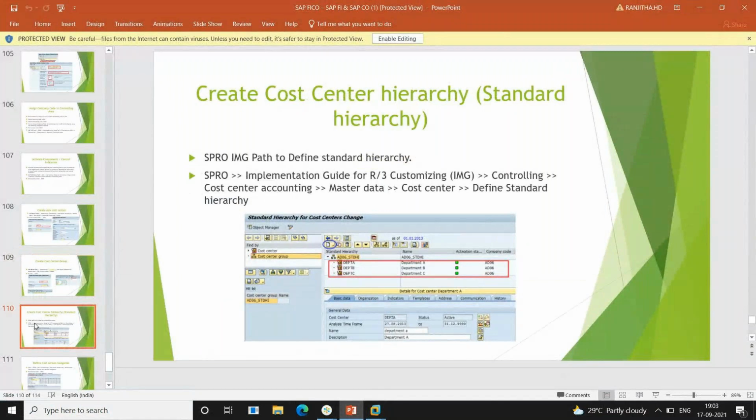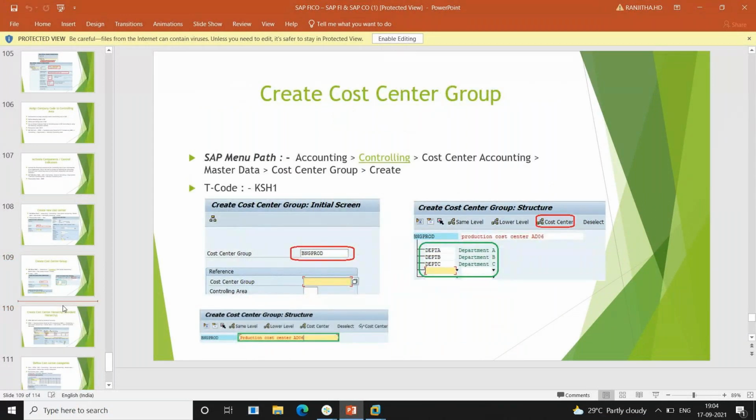Now we have already defined that hierarchical. So that hierarchical, whatever departments will be there, we need to specify under the cost center group. That's it. So you just write down this path and AT. Same thing here we specify, that's it.